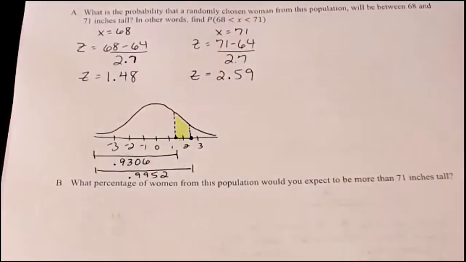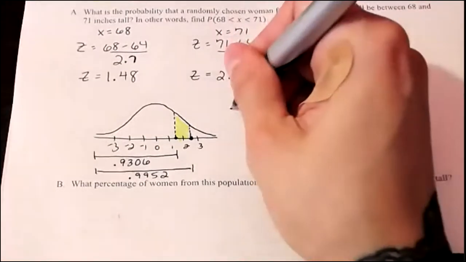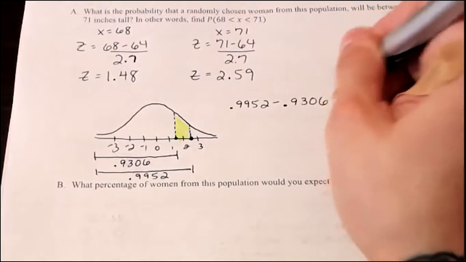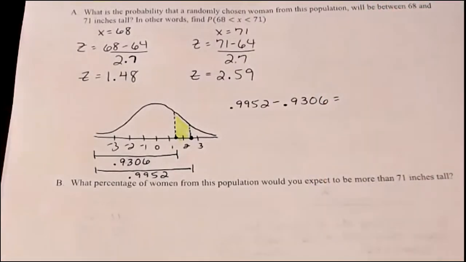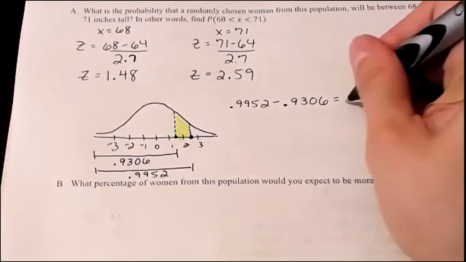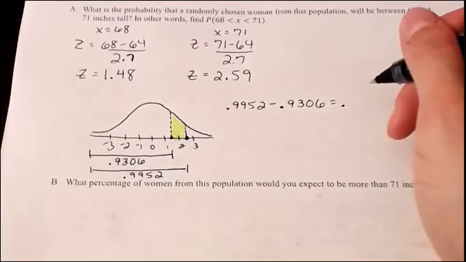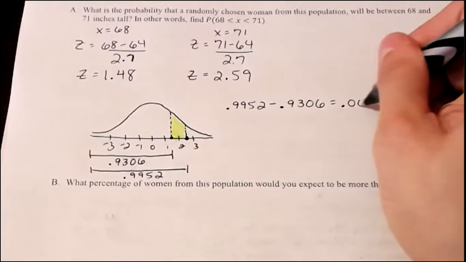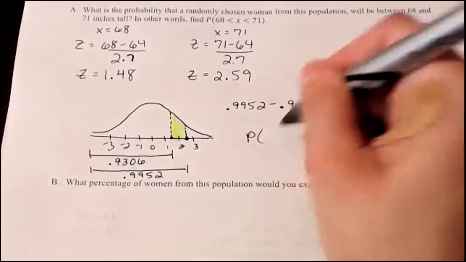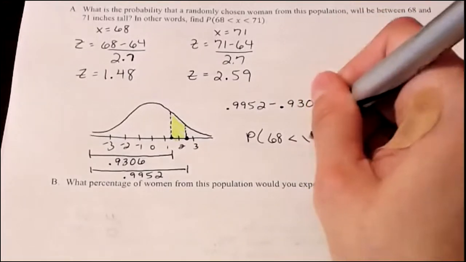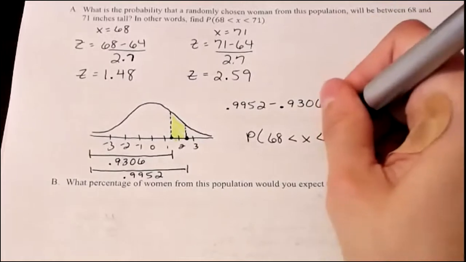We know to find the area between, we're going to subtract these values. So 0.9952, that's the larger value, subtract the smaller, right? We want to make sure that our area is positive. 0.9952 minus 0.9306, and that gives us the area of 0.0646. Awesome. So the probability that a woman who is randomly chosen will have a height that is between